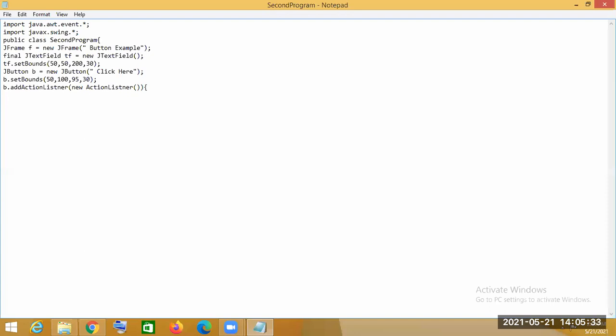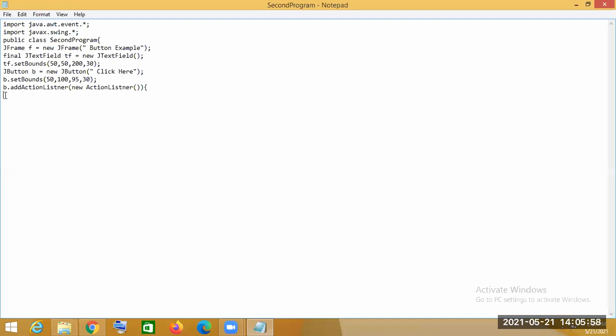So this method should be used. Now what this does is that the button is added to the action listener. That means if any event is generated, it will be handled by the action listener. That's why we have called this method using the button class object: b.addActionListener.